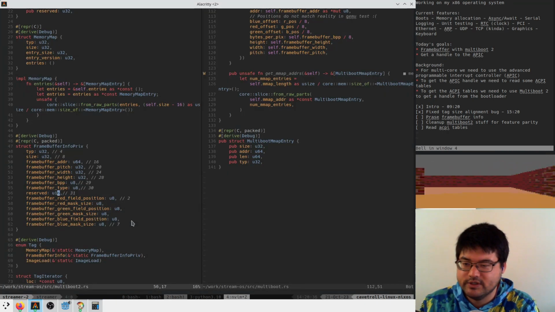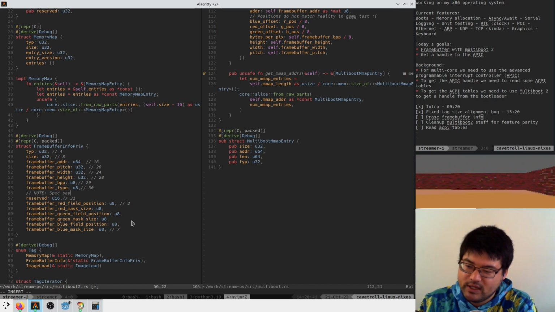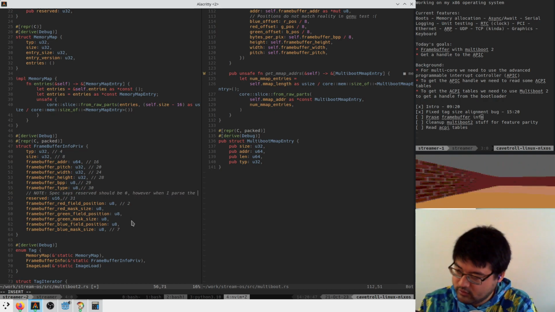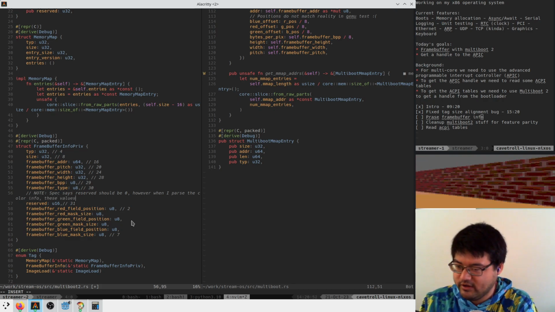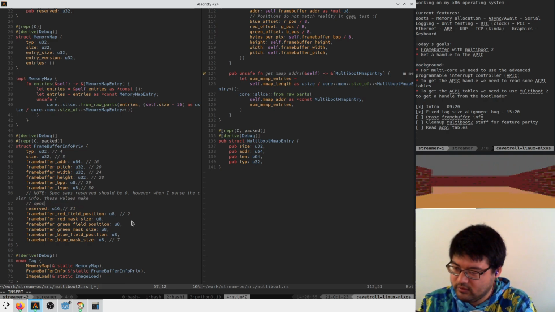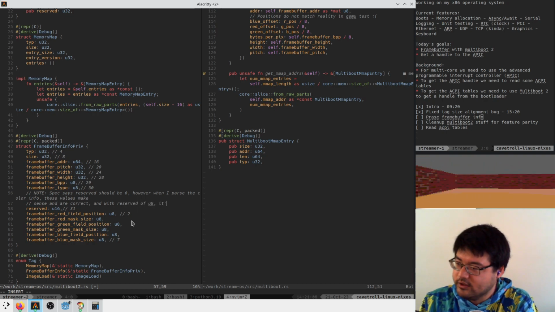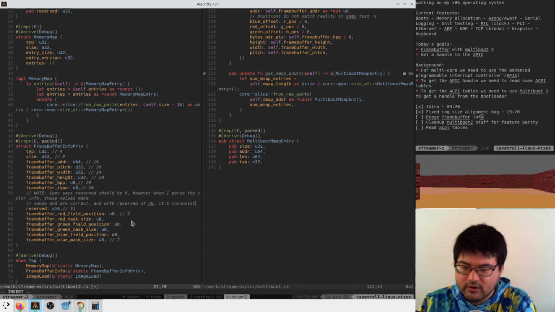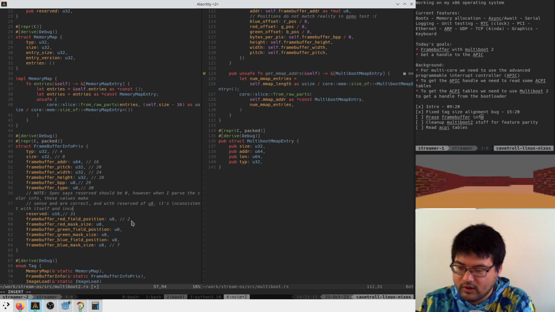Okay, so what I'm going to do here is note that the spec says reserved should be 0. However, when I parse the color info, these values make sense and are correct. And with reserved of U8, it's total trash. We'll say it's inconsistent with itself and incorrect.